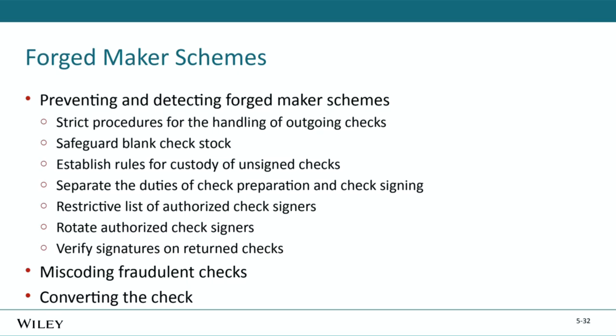If a check is coded for a particular payment, you miscode it so that the actual person or actual vendor gets paid, but this one gets through. And then there's converting the check. Okay. So miscoding can prevent it from being detected. But then once you have that check, what do you do with it? It's made out to,